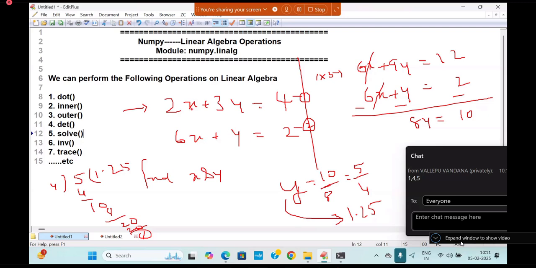Substitute the y value in any one of the equations. Either substitute in the first equation or the second equation. What is that? 6x plus 1.25 is equal to